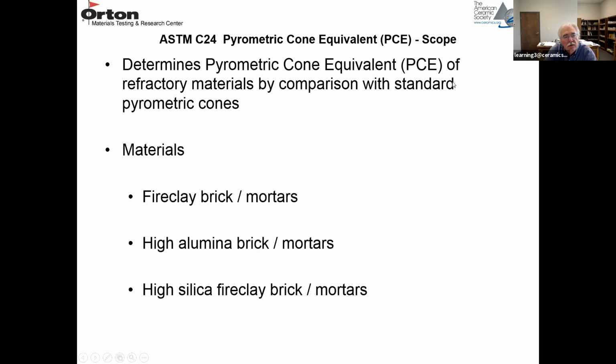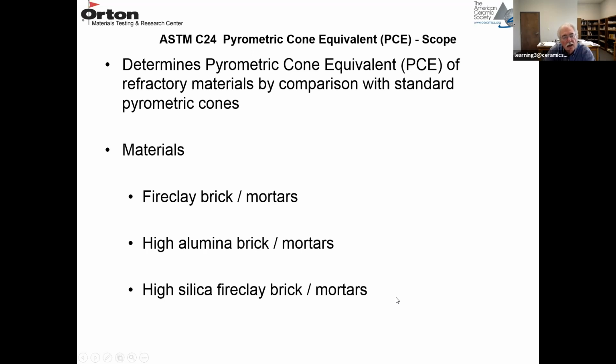So in the PCE test, you determine the PCE value of a refractory material by comparing it with the standard pyrometric cone of a known value. It's useful for materials that have a silicate glass in the matrix: fire clay brick and mortars, high alumina brick and corresponding mortars, and high silica fire clay brick and mortars all develop glassy phases and exhibit a deformation that